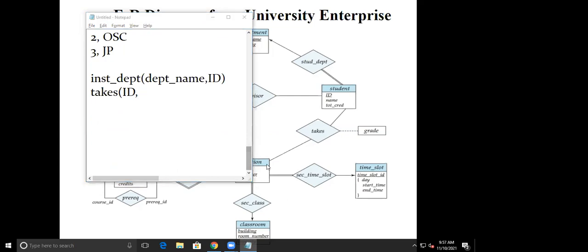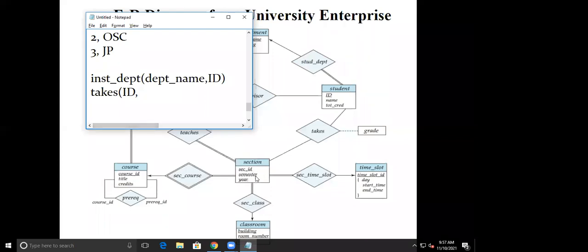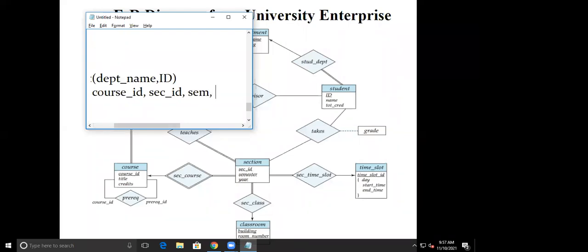I'm having section entity. So section is having primary key. This is my weak entity. Okay, so weak entity is having a primary key as a course. Sorry, a primary key of the course, that is course ID, section ID, semester, year.